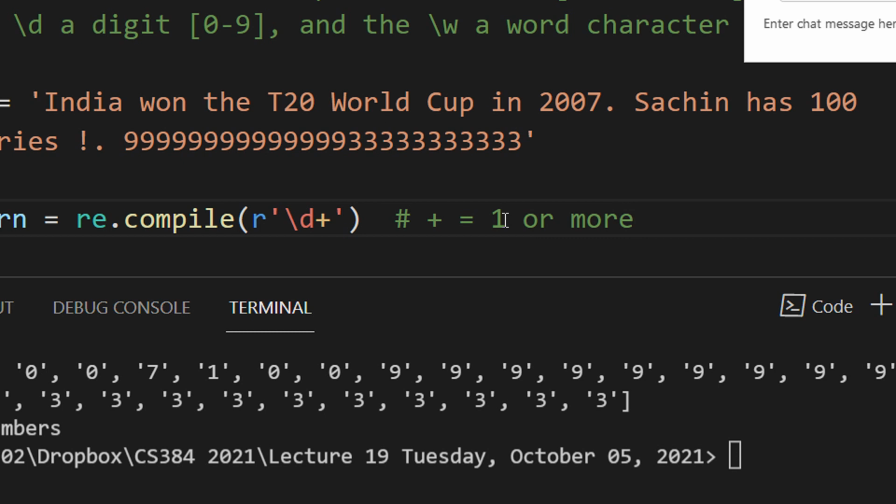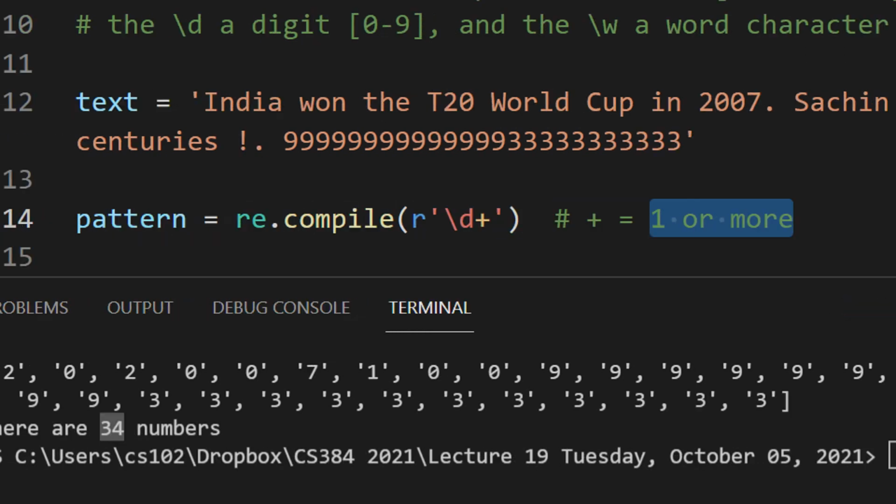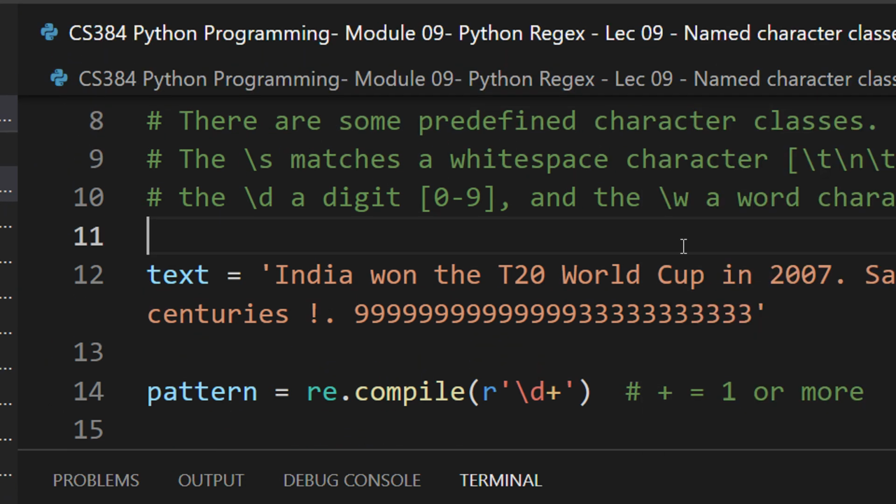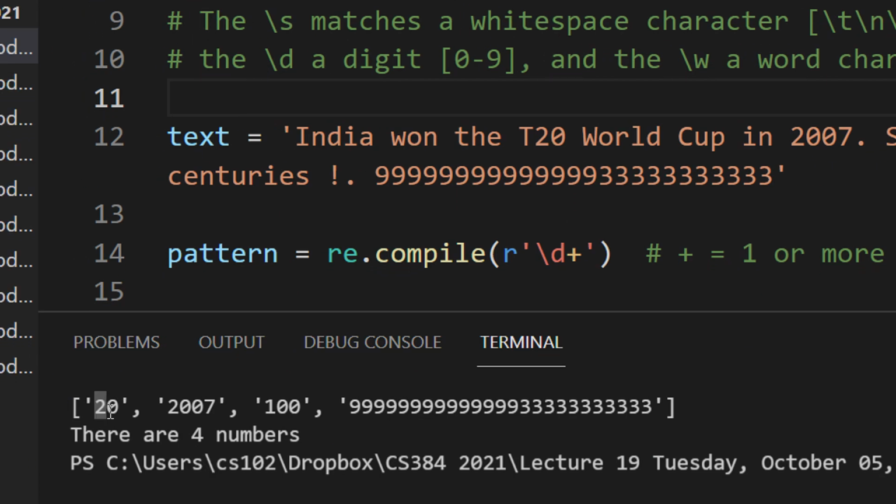We had the question mark operator, which was 0 or 1, and the asterisk, which is 0 or infinity, and the plus operator is 1 or more. First let us see the output and then you will get a hang of it. Now you can see we have only 20, 2007, 100, and 99999.